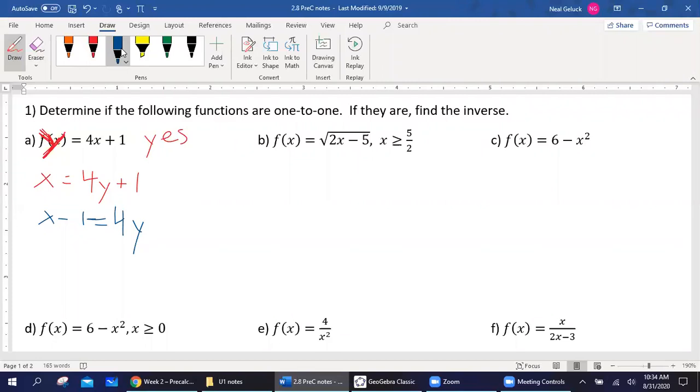If I divide by 4, I get (x minus 1) over 4. That's what that new y would equal. I'm going to use functional notation and call that f inverse instead. So this is the inverse function,